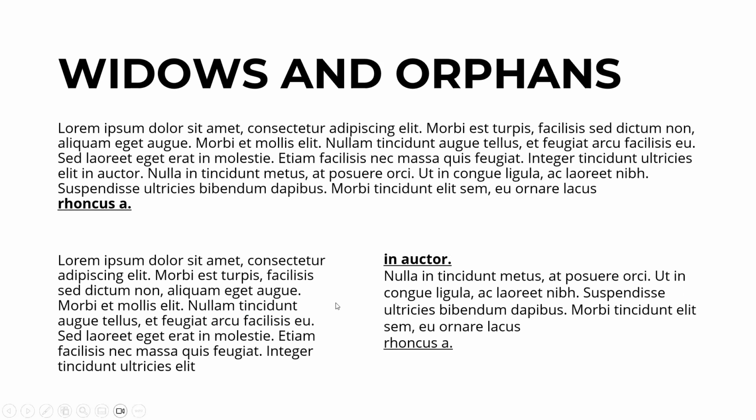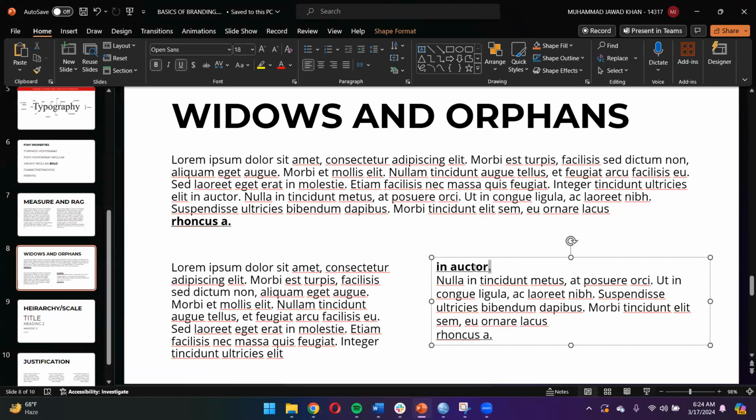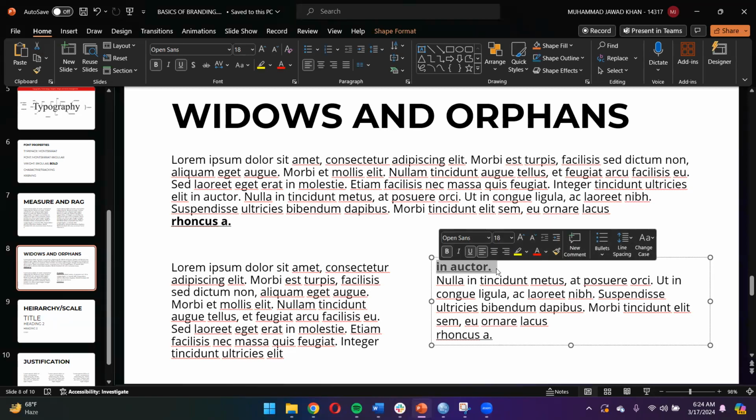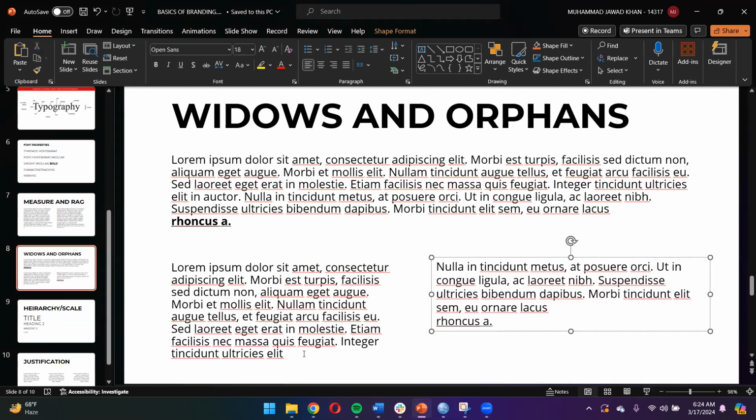Similarly, when we've got two different columns and one of the sentences ends right where the other paragraph begins, like so, this is called an orphan. And this also doesn't look good. So it's better to fit them elsewhere or usually keep them together with the paragraph that they belong to,